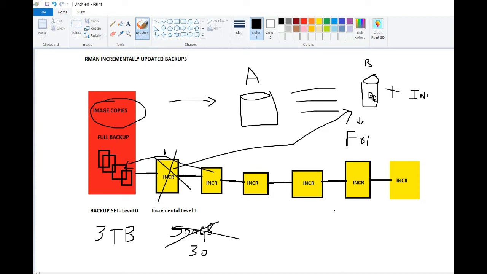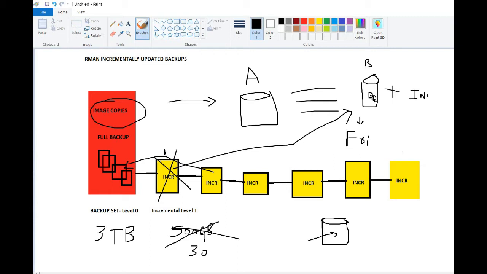So at the end of the week, what you have is the updated image copy, that is, it will have all the changes. You have taken the image copy on Sunday and the subsequent incremental backups, so all those changes are present. So in case your database crashed on Saturday, you can just point it to the image copy. Okay, now this is just one scenario I have explained.